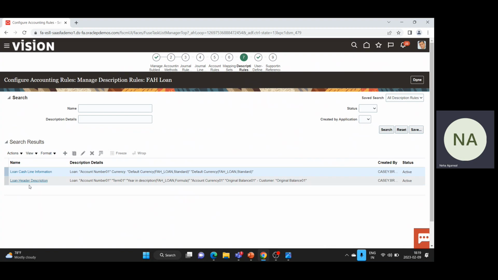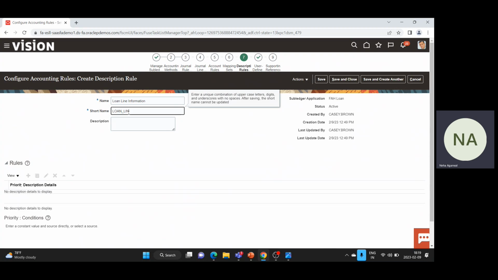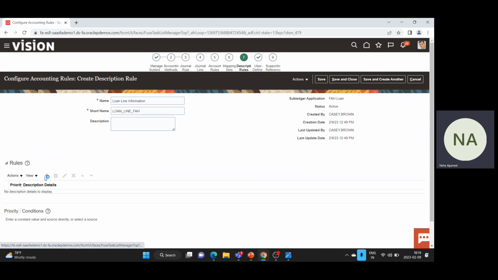It's the loan line information. So I will create one more loan line information. Loan line FAH. Okay. Now coming to this add icon,